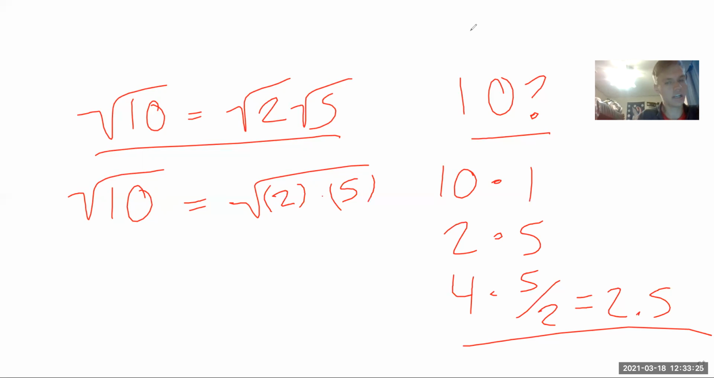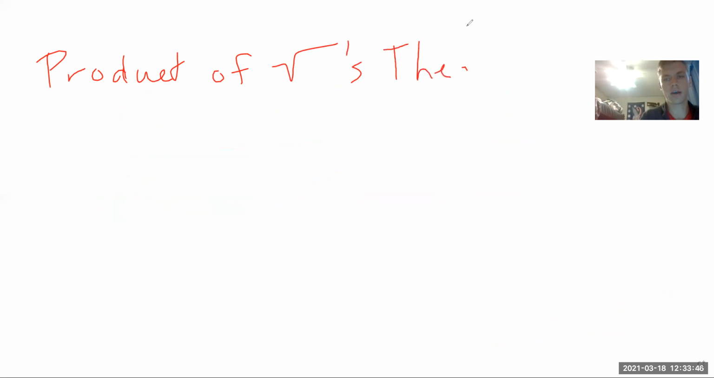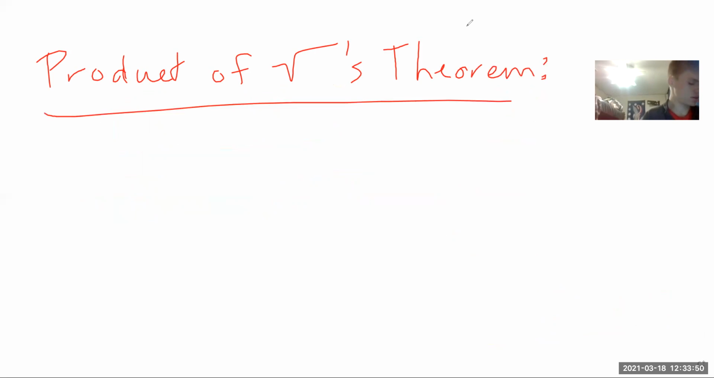2 times 5 still underneath the radical sign, and what they're saying here that you can do is the product of square roots. I'm going to write it out. Product of square roots. I'm going to do this theorem just to save some time. And all they say in this theorem, according to the book, it says,